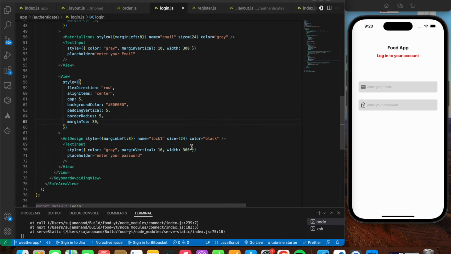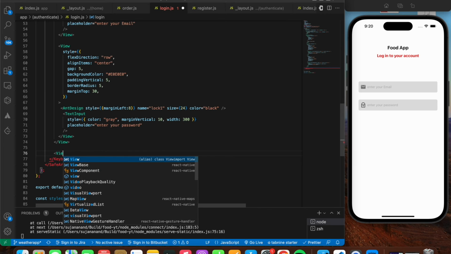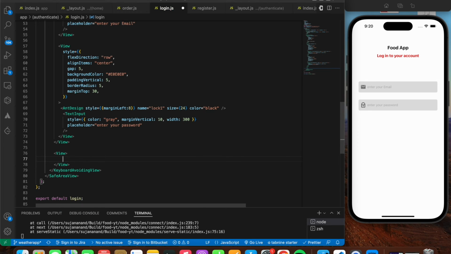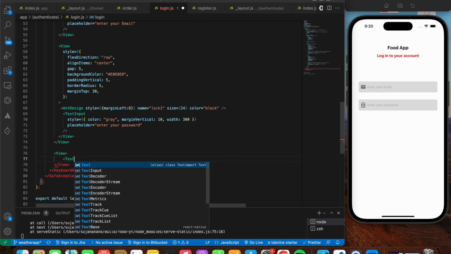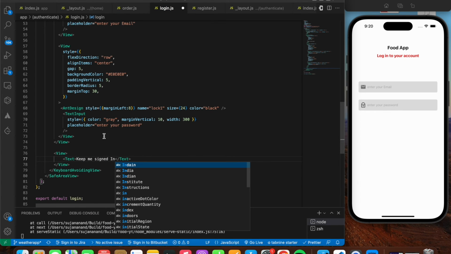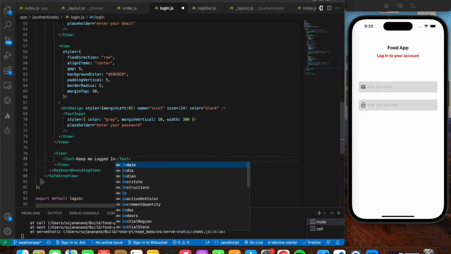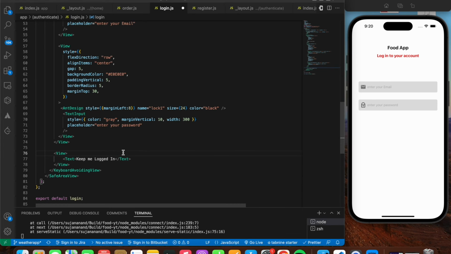Yeah, that's looking good. So now after that, we're going to have one more piece of design that's going to come down after this particular view. So I'm going to say view over here. This is going to take in two texts. It's going to say keep me signed in over here, or instead of keep me signed in, we can give keep me logged in. So I'm going to say keep me logged in, and apart from that, we're going to have a second text which is going to say forgot password. That's going to come towards the right part of the screen. So here I'm going to say forgot password,